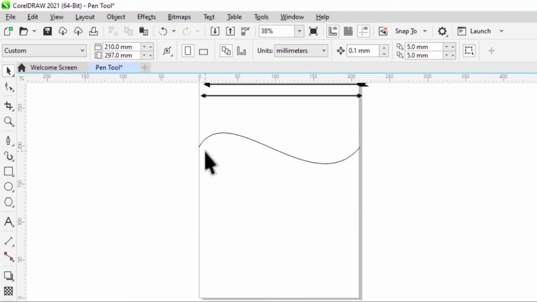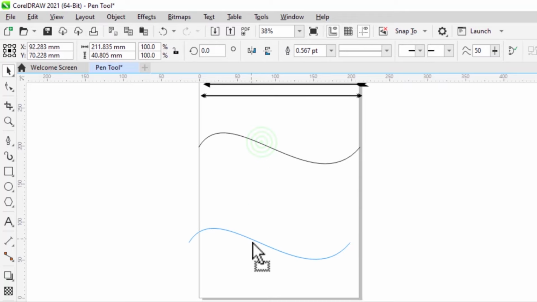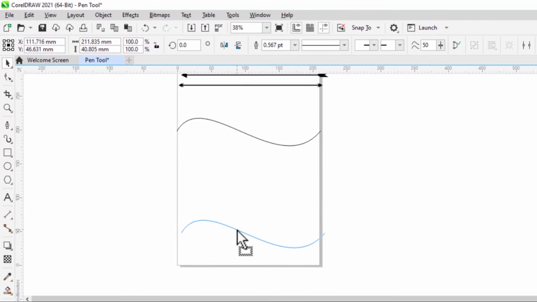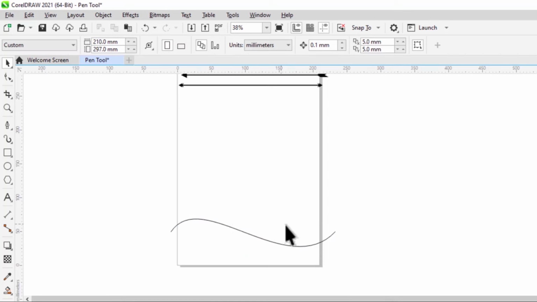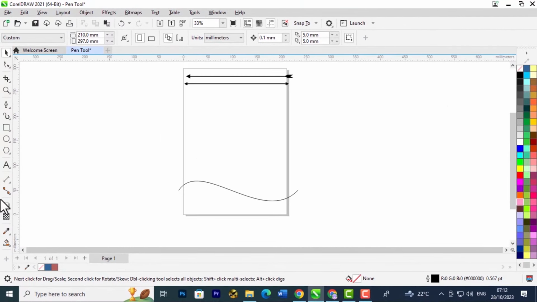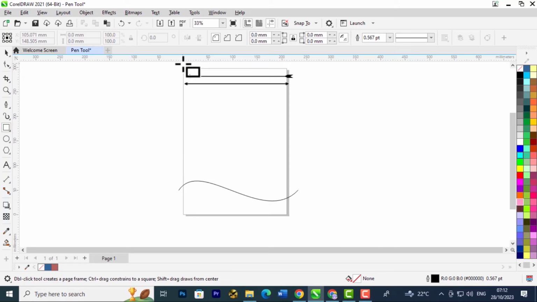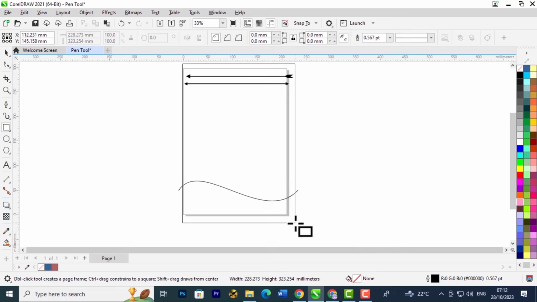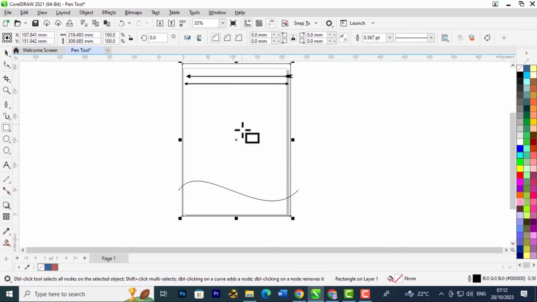So I'll show you a quick smart way you can use this. I use this a lot in my design. So this is what I do. I'll click it and drag it down over here, like so. There we go. So I want to create a borderline for this poster. So I'll select the rectangle tool, come over here and just do this to create borders for this,